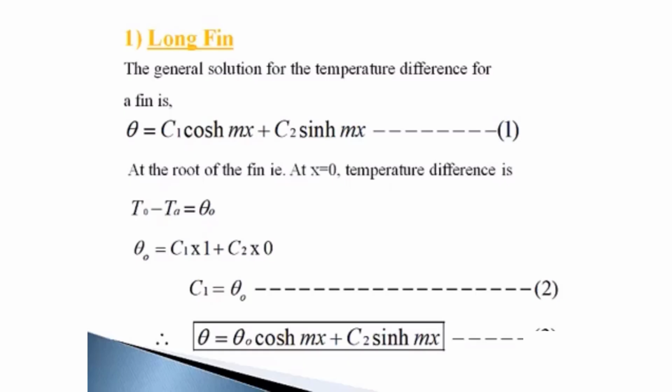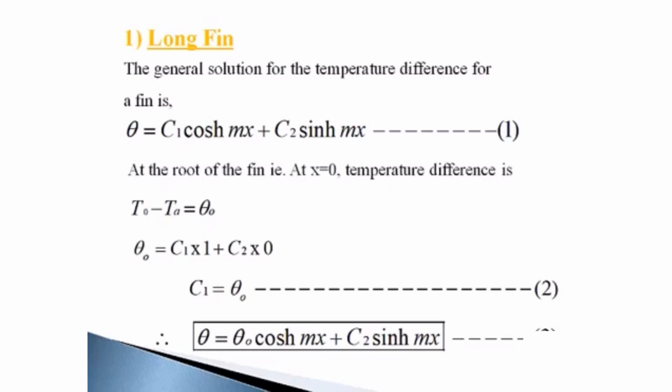Such a spoon can be considered a fin. That long spoon or short spoon, whichever, can be considered a fin. But a short spoon is a short fin, a very short fin. It will get heated up at the end, whereas a long spoon at the end will be almost at the temperature